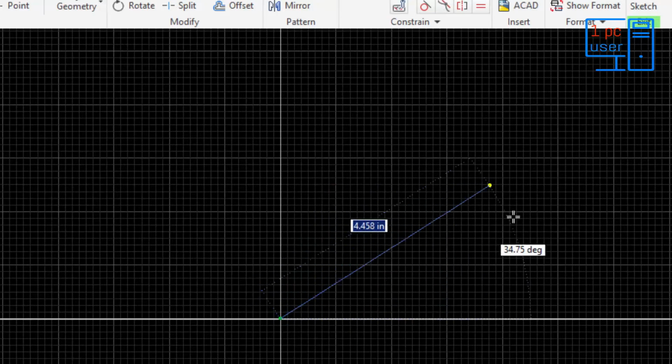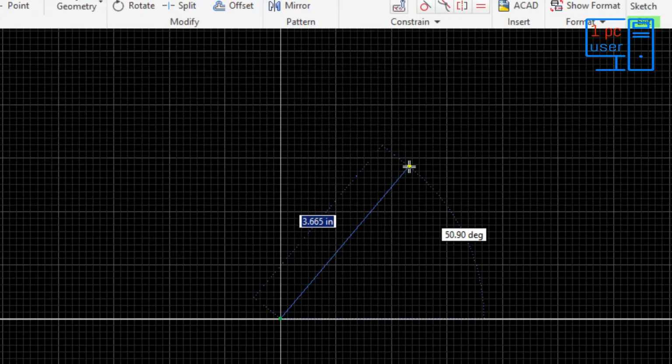Now it started from the origin because we took the value 0 0 of x and y coordinate, and now it is in distance input mode. Before we see this distance input mode, we saw the point input mode. So I think now you understand what is point input mode and what is distance input mode.